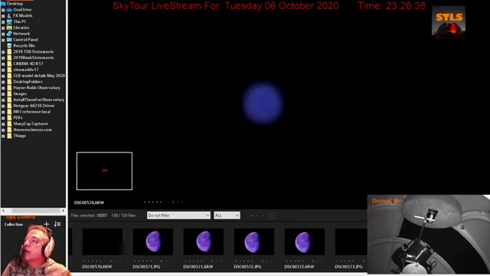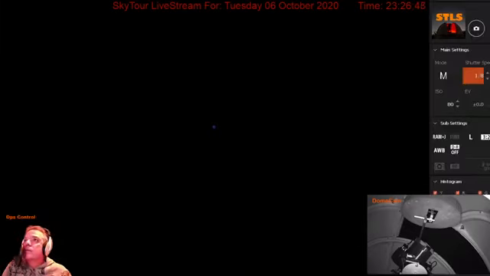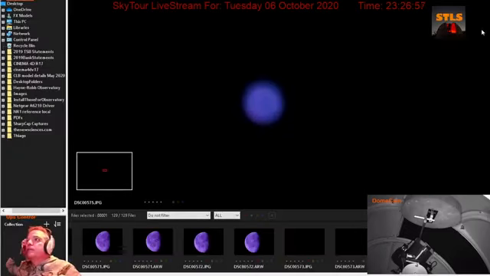Now, of course, I could actually... It looks like I have a piece of the dome in the way. I think I have an edge of the dome in the way. So I'm going to go out and verify and or move that, okay? All right, I shall be right back. That looks pretty good, though. I'll be right back.